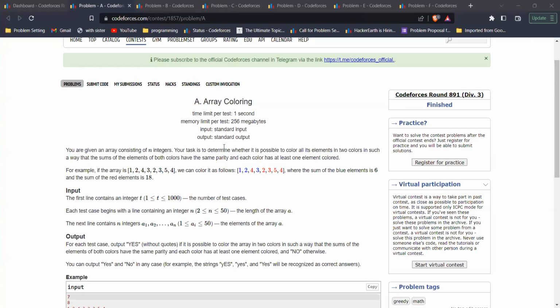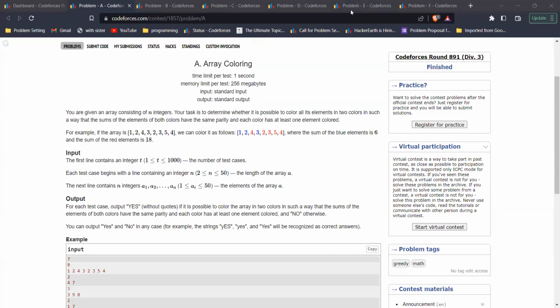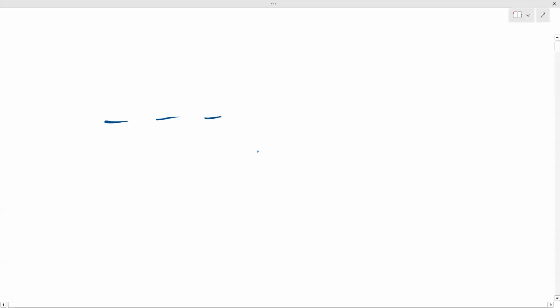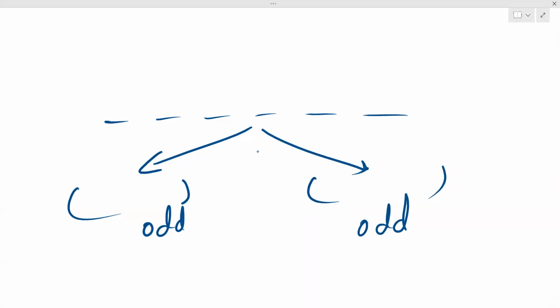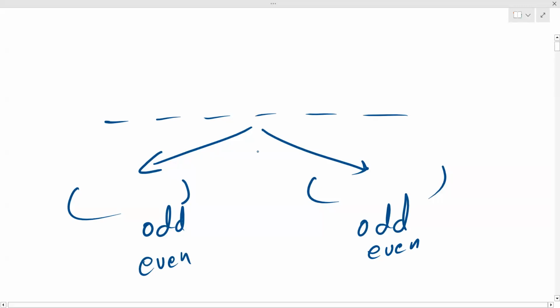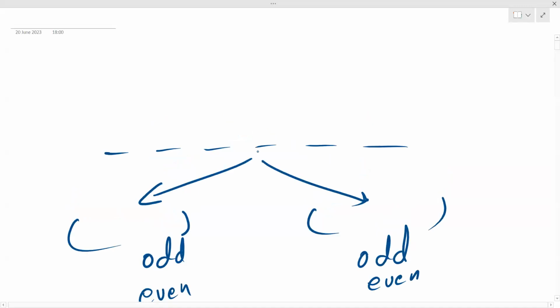By same parity, we mean that once we divide these elements into two parts, if one sum comes out to be odd, then the other should also be odd, and if one is even, then the other should also be even. So this is only possible when the complete sum of my array is